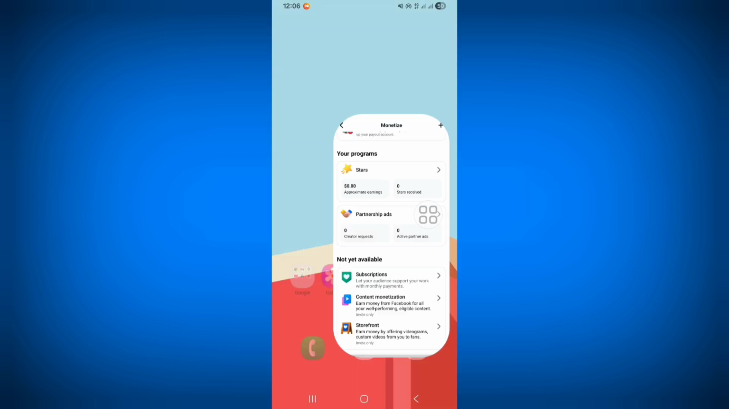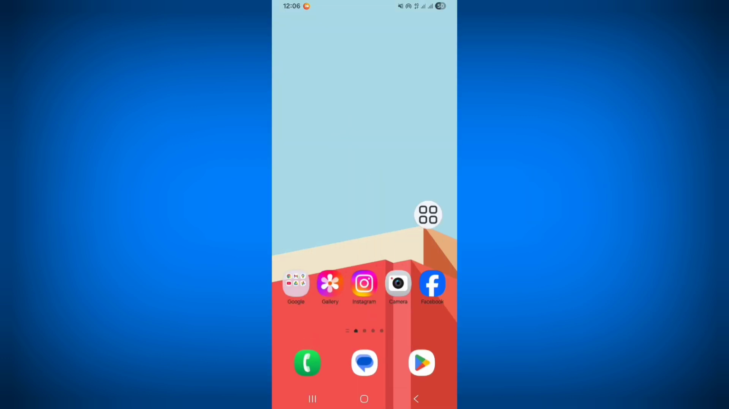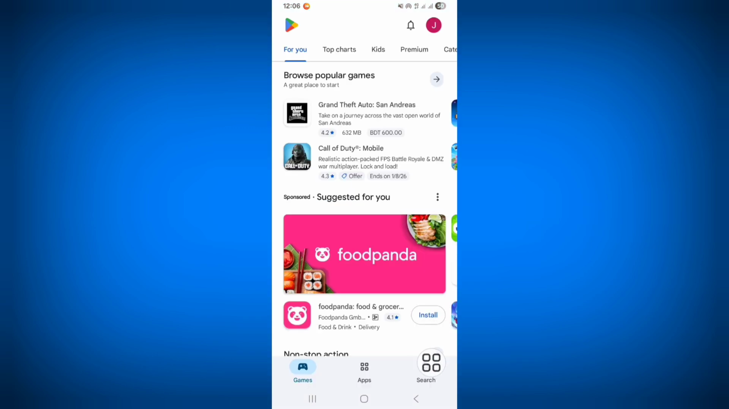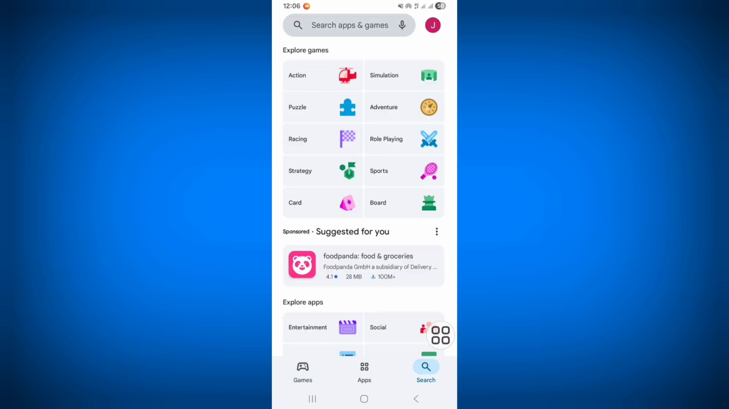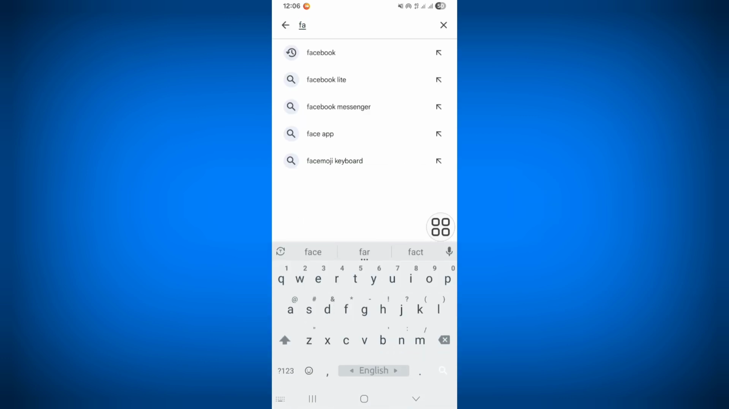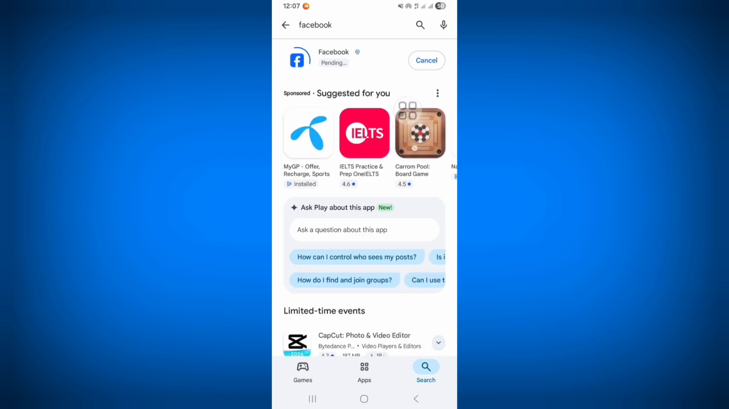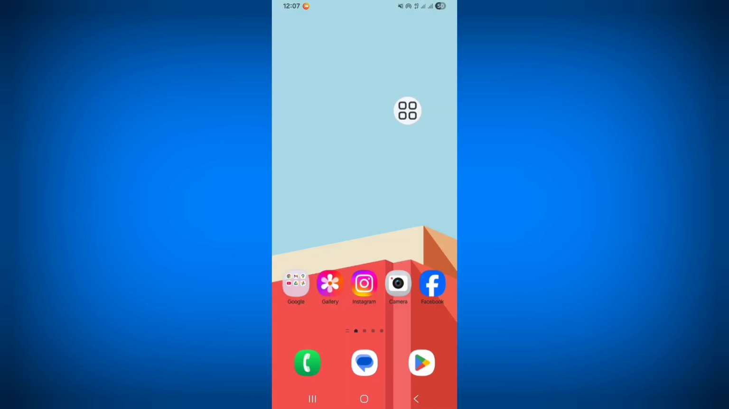So let's start. For solving this problem, first of all, you need to update your Facebook app. So go to Play Store, click on search bar and search Facebook. From here, update your Facebook app if any update version is available. After completing the update process, now go to Facebook,